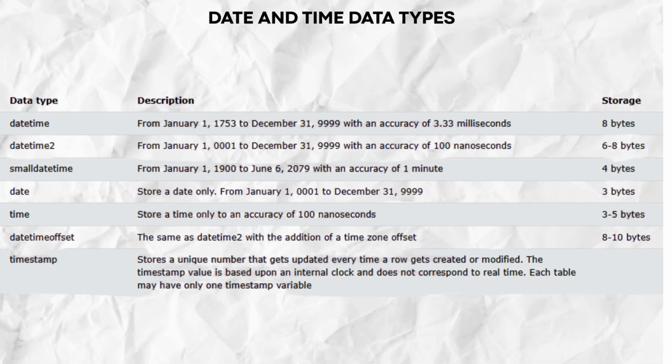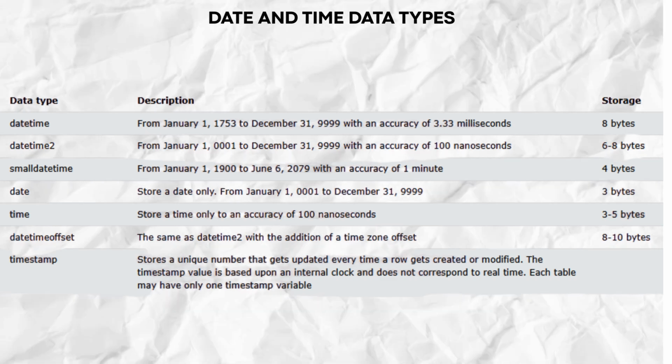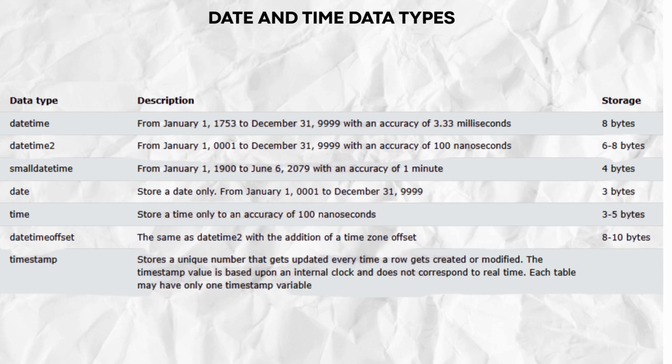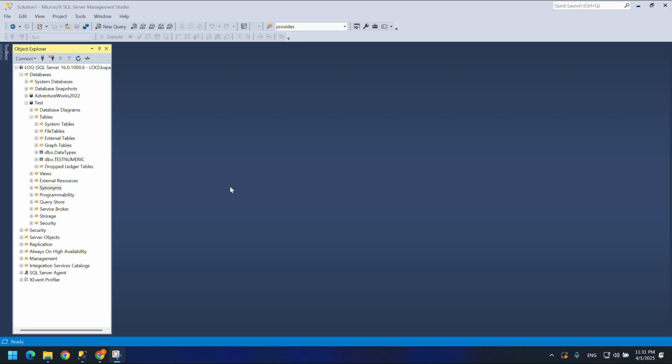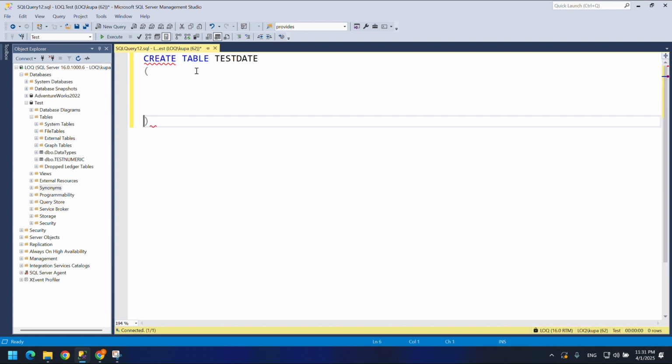But for now, let's go again to SSMS and create some tables, insert some data, and also filter the data according to our dates. Once again, click on new query, and let's create another table for date and time data types. Again, write create table, test, for example, date, and for columns, let's use column 1, which will be datetime,